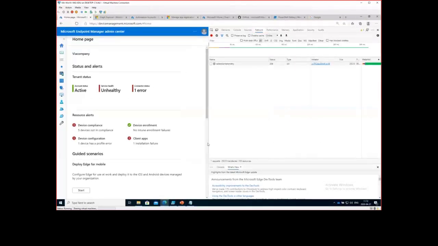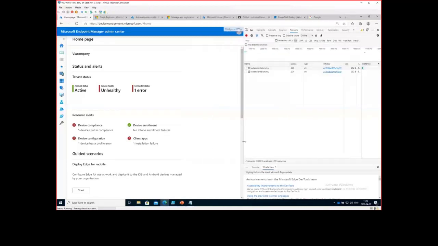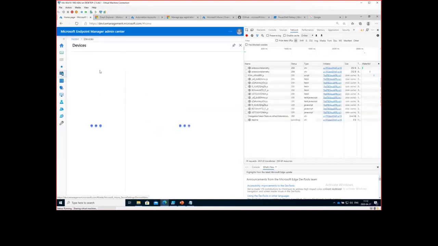From here, anything I do in my web browser, if I navigate, will show up here with all the different requests being made. It's going to be a lot of requests, but I'm going to show you which one we are looking for. So if I go into devices,